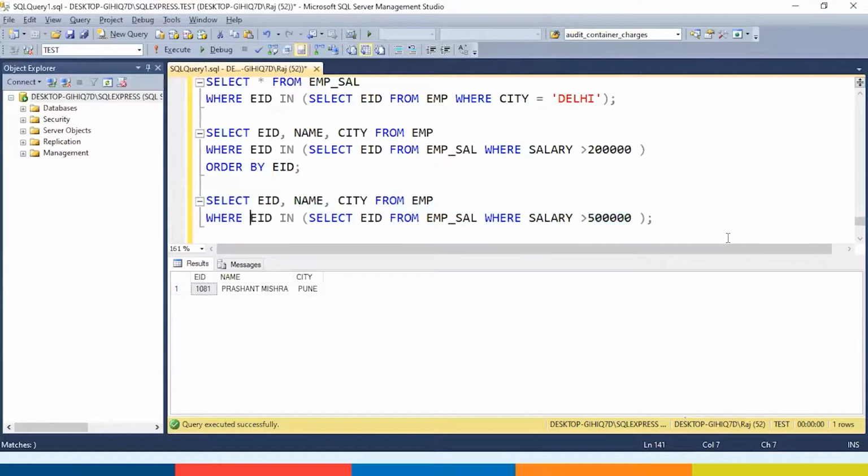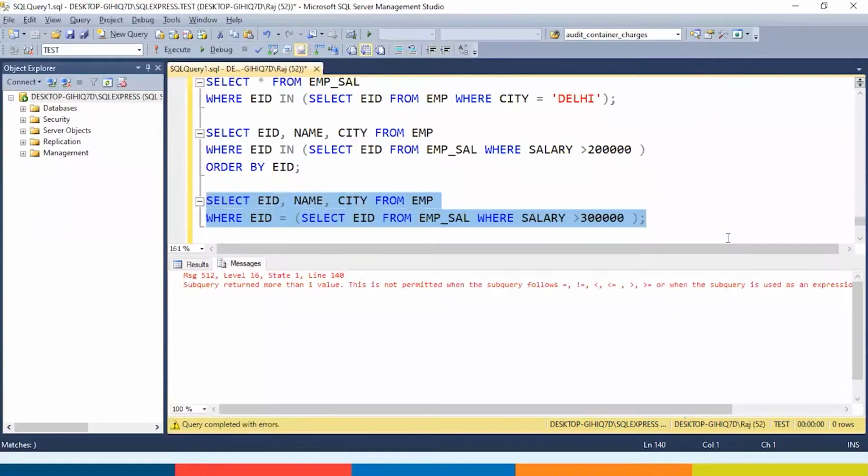So where EID, now let us try to take equal to over here and you will see it will work perfectly fine. So we can also use equal to over here, but let's take 300,000 and now let's try to execute. Now the same query is giving an error. Why? Because the inner query is returning more than one record.